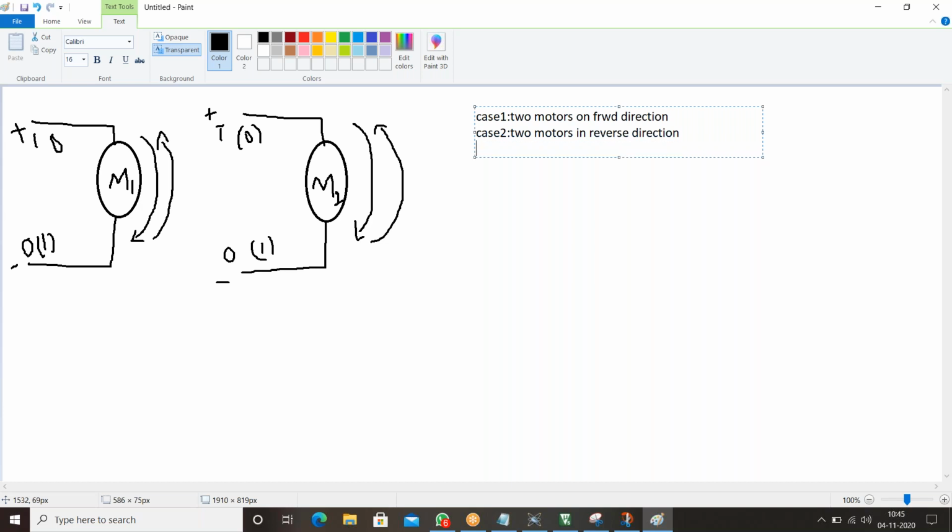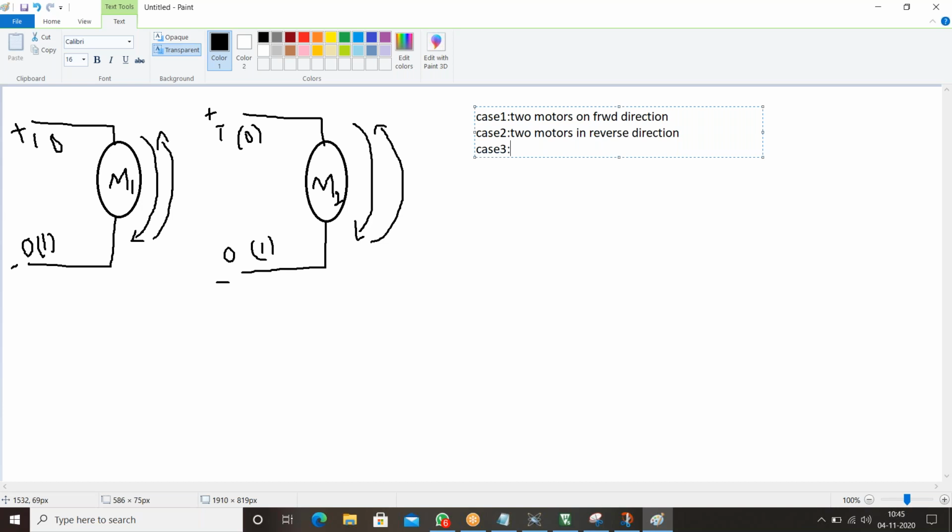Third case is motor 2 wants to rotate in forward direction, and I want to make motor 1 stop. I want to make motor 1 in off state and motor 2 in forward direction. This is my third case. You can try on your own, whichever case you want to prefer. It's your wish.